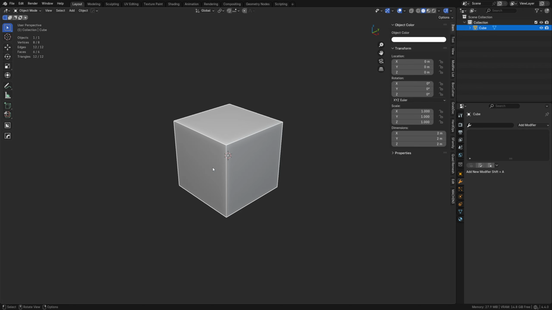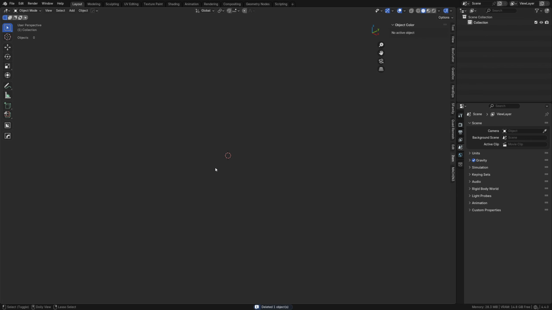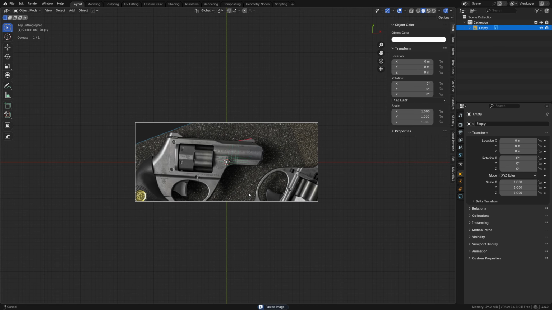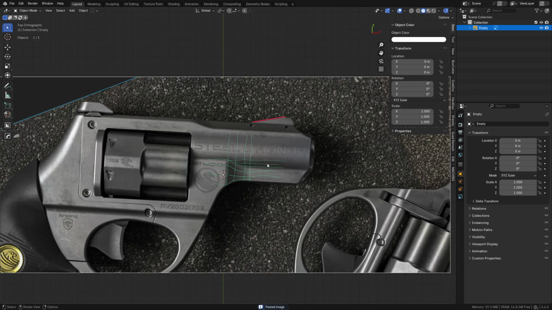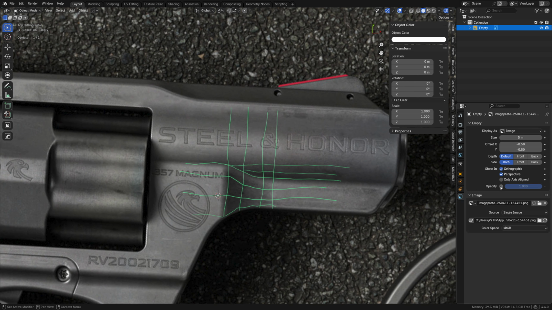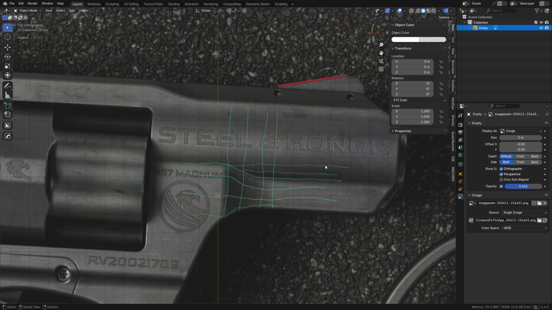All right, guys, so we're going to do a QA video here real quick. Someone is going to be working on a firearm, and so I'm going to paste in a reference image here, but they want to know how to do this section here. They're kind of pre-planning out the topology they might use in that area. And that's fine. It's good to do that sometimes. And what we're going to do instead